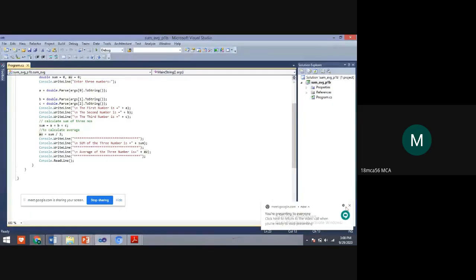So next program, students, 1B program also same. The procedure is same. The logic, you know, here in 1B program, take 3 numbers, find the sum and average of those 3 numbers, and you have to display the sum and average.